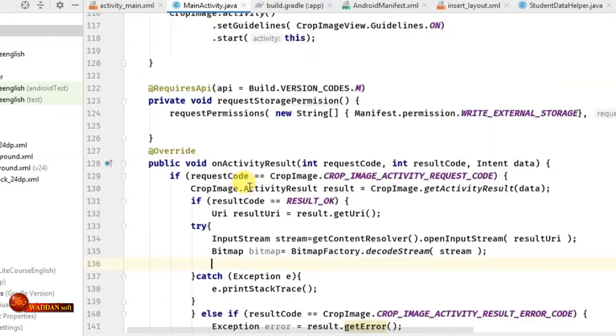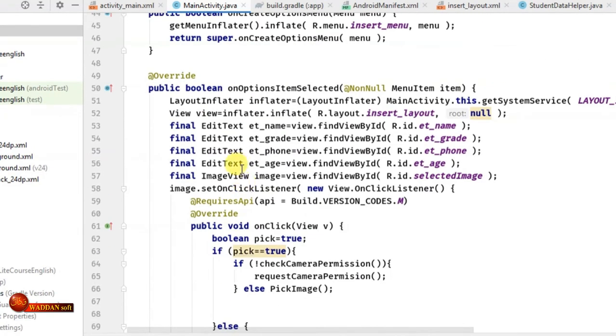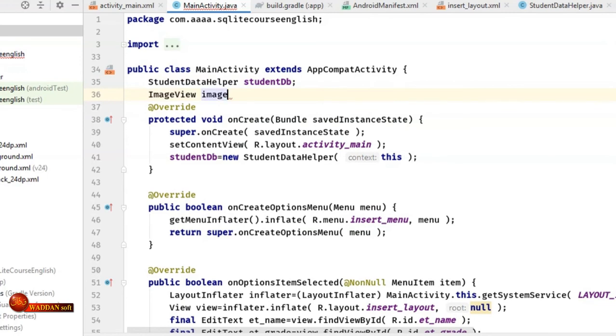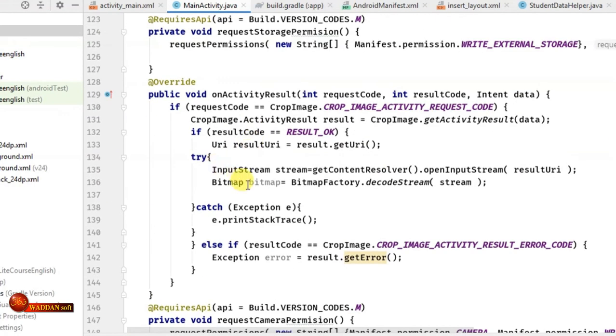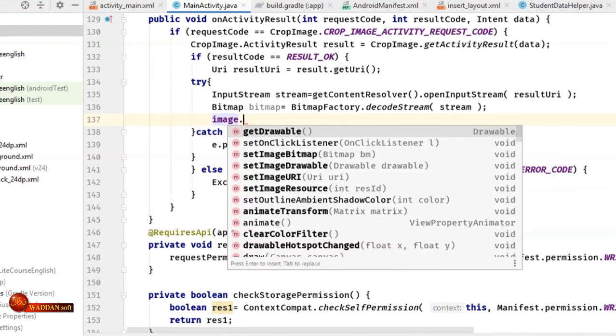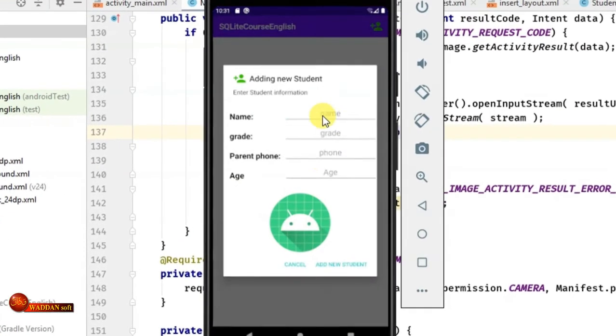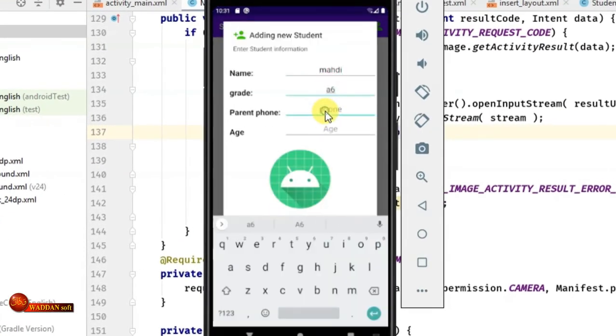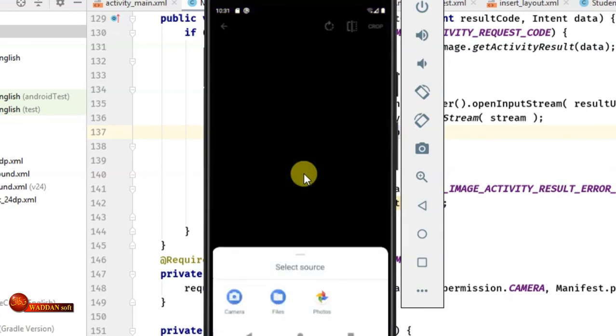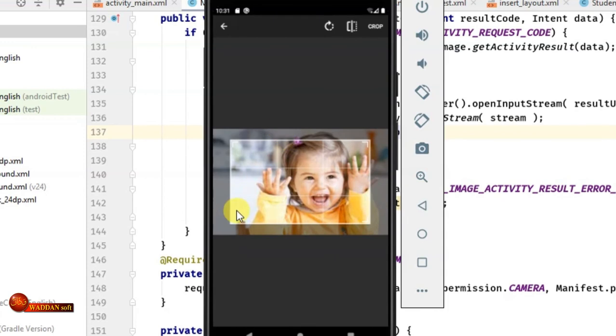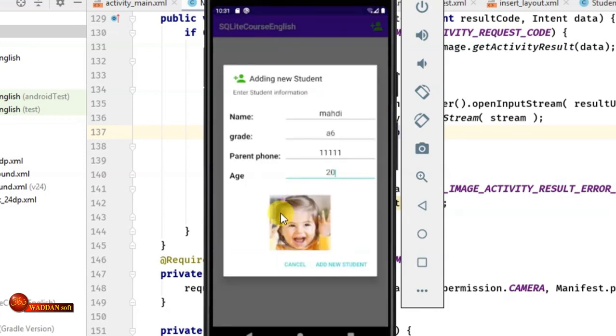And now we'll insert this image inside the image view. So here in the image view, when we casted the image view, we'll just copy this and we'll make it public. So copy, and we'll delete this, and I'll put them here. So now here we write image.setImageBitmap. Okay, we'll test again. I'll choose again this cute girl and crop, and here we are. The image is shown in the image view, and when we click add new student